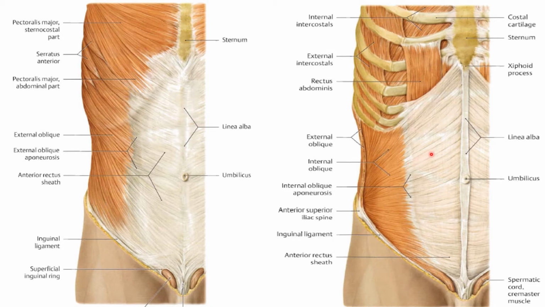The anterior one merges with the external oblique aponeurosis to form the anterior layer of the rectus sheath, and the posterior layer merges with the aponeurosis of the transversus abdominis to form the posterior layer of the rectus sheath. And the direction of the fibers is perpendicular to that of the fibers of the external oblique. So they are directed upward, forward, and medially. Here the direction was downward, here the direction is upward. So they are 90° to the external oblique.